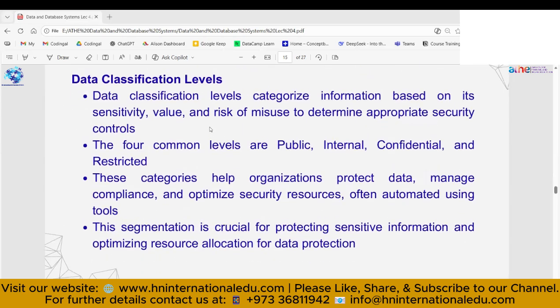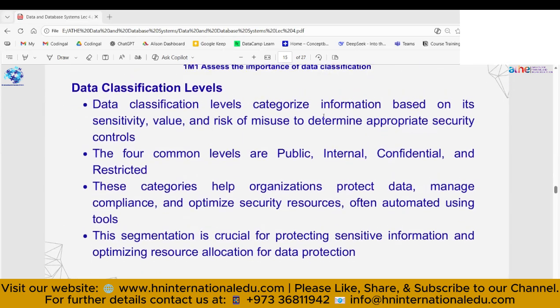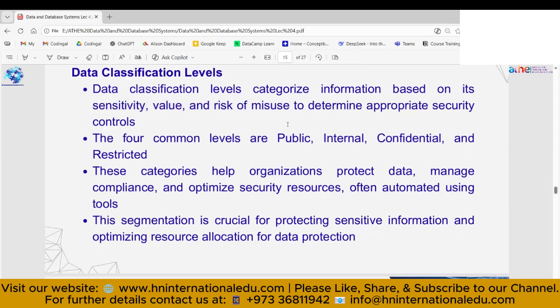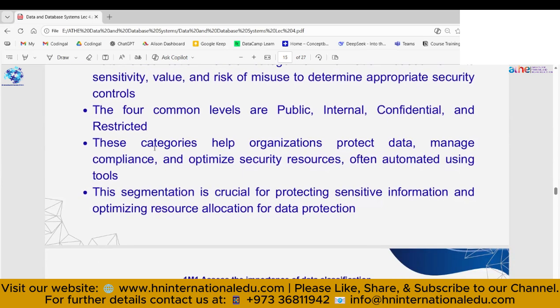So data classification levels basically categorize data or information based on its sensitivity, how sensitive the data is, its value, and the risk of misuse. If the data was breached, what would happen? So basically we can determine proper security controls. And the 4 common levels are public, internal, confidential, and restricted. So these categories help